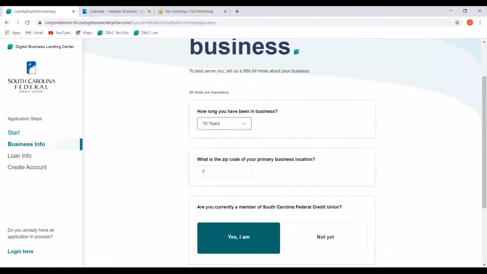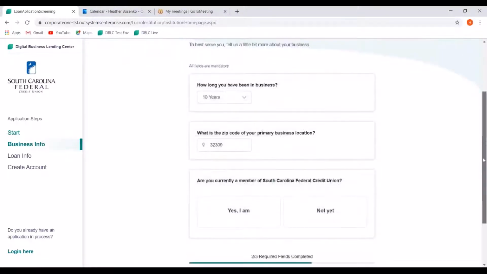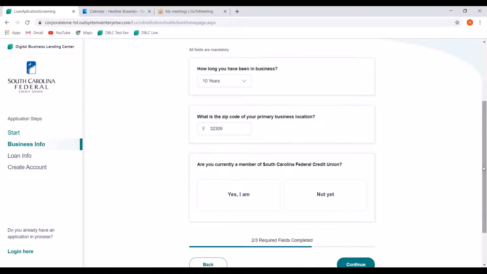And what you see is the screening process. So the first few screens that your borrower is going to go through are going to be just basic questions that's going to determine whether or not you want to do business with them based on their location, or what types of products, if any, you want to provide to them based on how long they've been in business. If, for example, you put a zip code that was out of range for what your lending demographic is, then